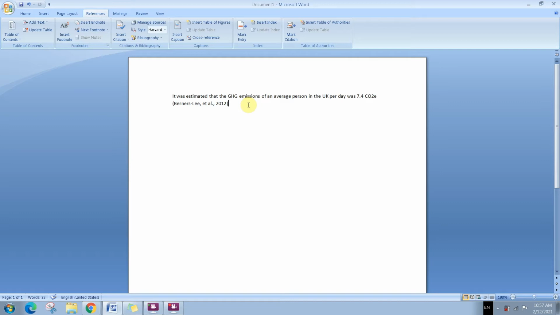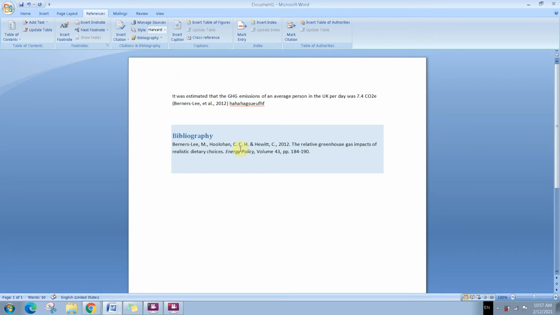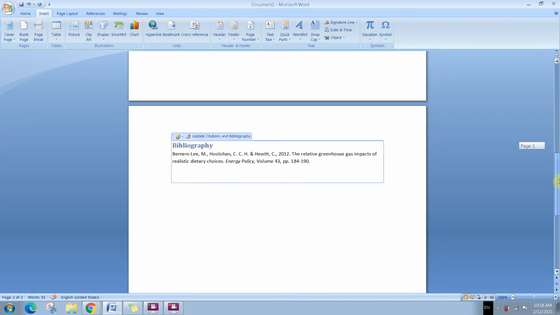The in-text referencing should have the first author's name, et al., and then the year it was published. Then you continue with your own report, you continue writing whatever you want to write. Then at the end, you have to insert the bibliography, either bibliography or works cited, and it will tell you this is the information that we need at the end, which is in the bibliography. This should be on a separate page. Insert page break. You'll have it in the last page where you have all the sources listed at the end.